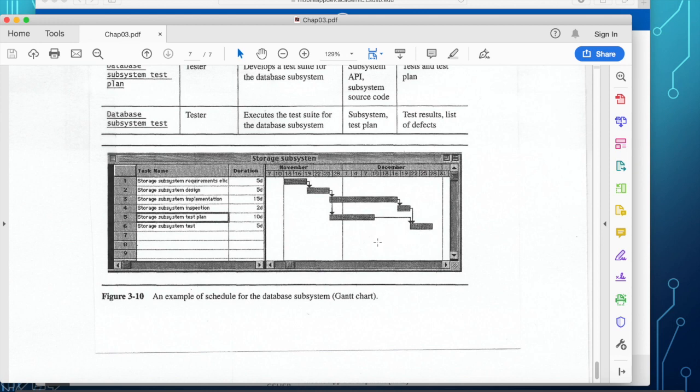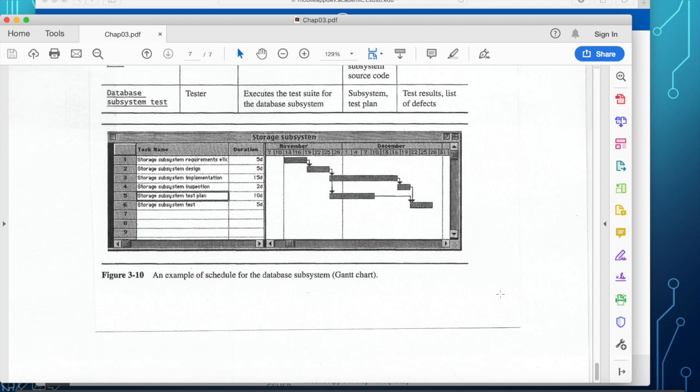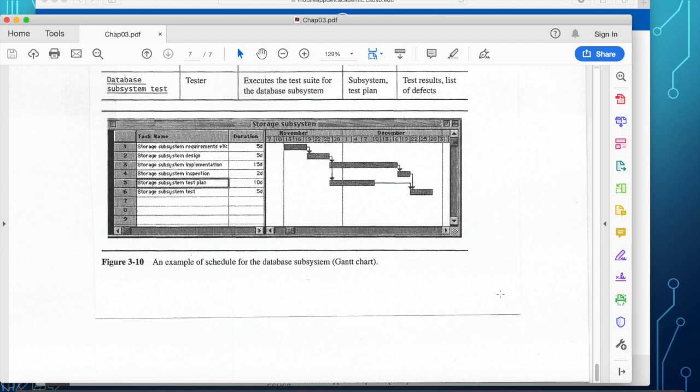So I want you to have a schedule using Gantt chart in your document called Software Project Management Plan, showing the different tasks to be done in specific month days.